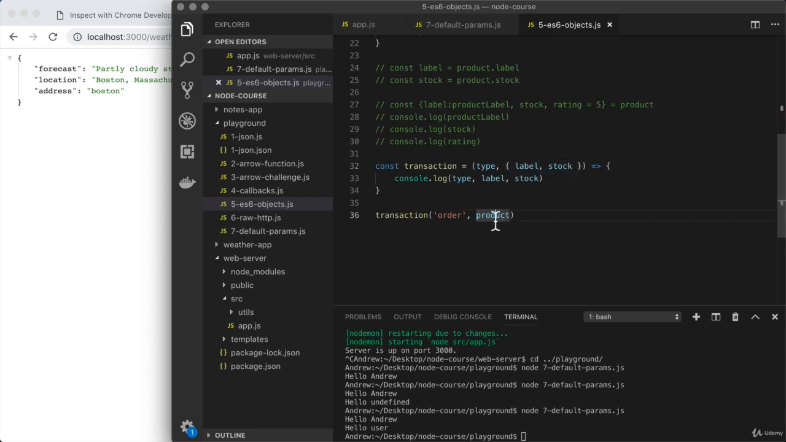Now currently it is an object, we're passing in product, but what would happen if I didn't pass in any value? We know the default value would be undefined. That's the value used if you don't pass anything in. So what would happen when we try to destructure undefined right here? We can see what's going to happen by running this script. So I've removed that second argument in the call to transaction, and I'll run node 5 ES6 objects.js, and